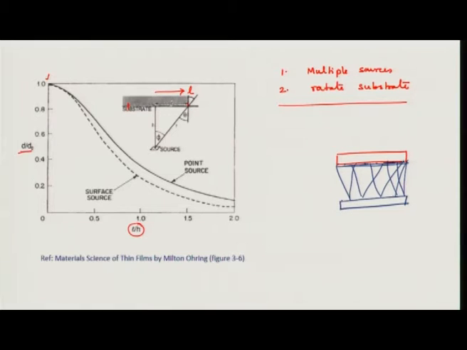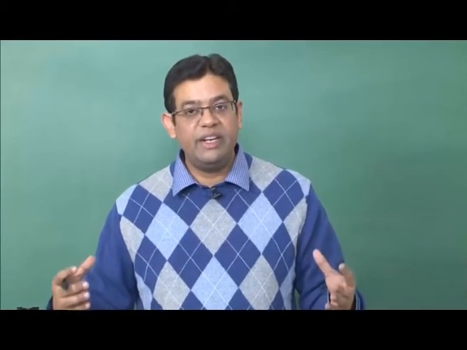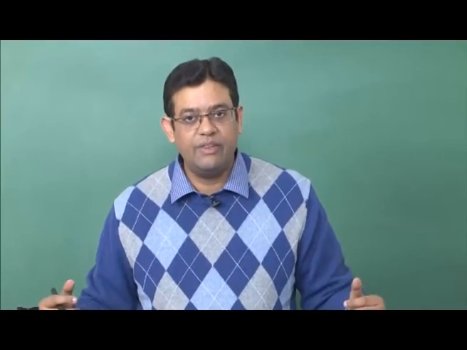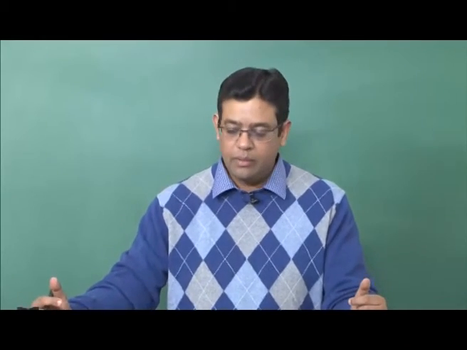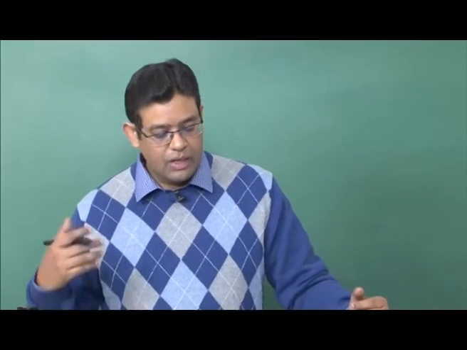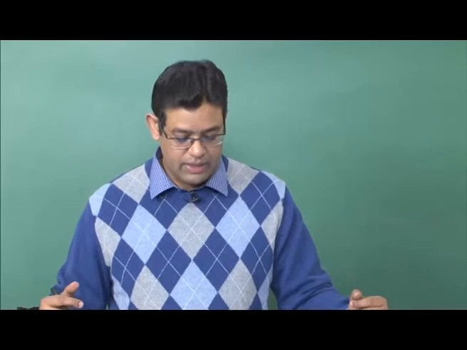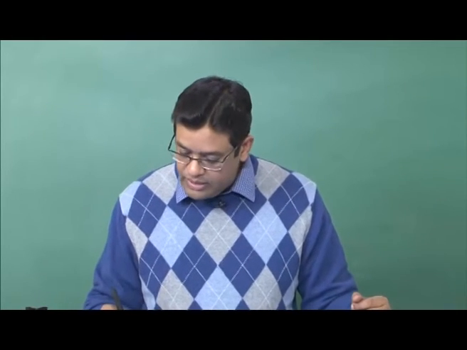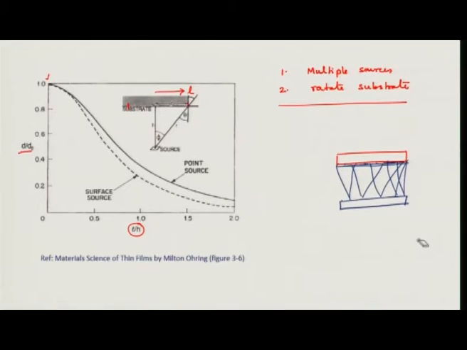So, we can use a very large surface area source, but that means a lot of material to be heated, melted and evaporated, which is also not very practical for production purposes. So, we should keep this in mind, and we will come back to this issue, how do we deposit on